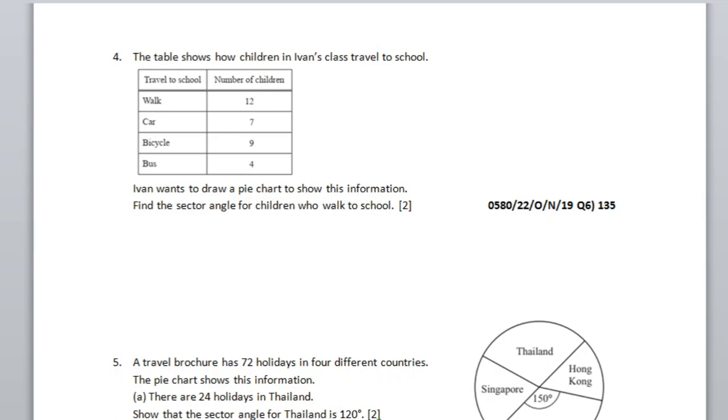Question number 4. The table shows how children in Ivan's class travel to school. Ivan wants to draw a pie chart to show this information. Find the sector angle for the children who walk to the school. Okay, so first we have to find the total number of students in this survey. So that will be 12 plus 7 plus 9 plus 4, which gives us 32. So 32 children